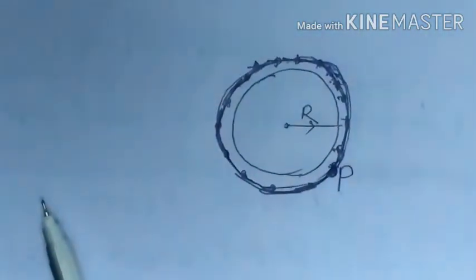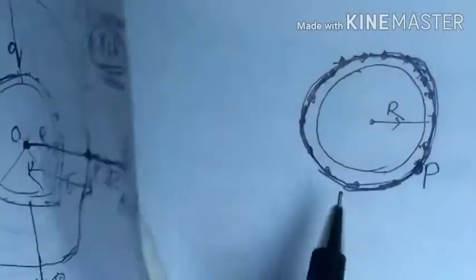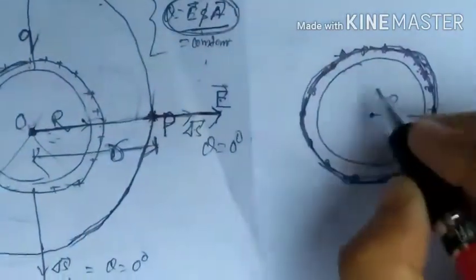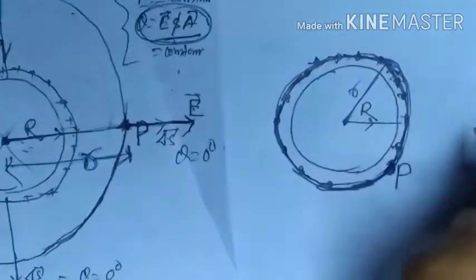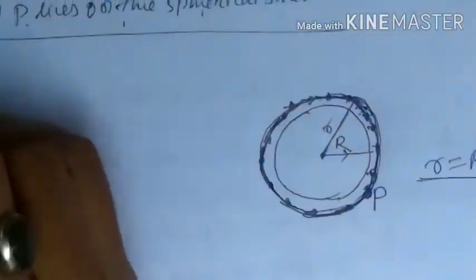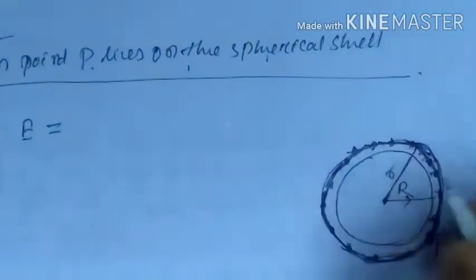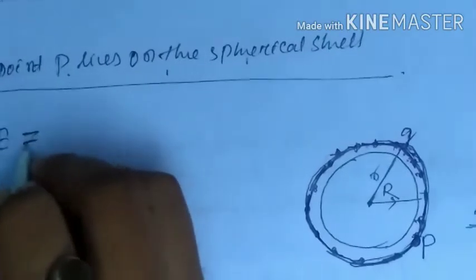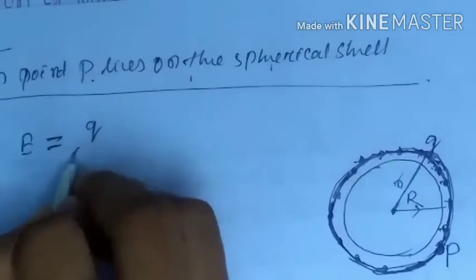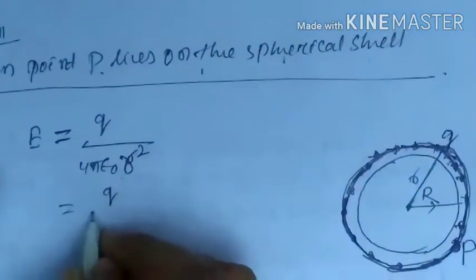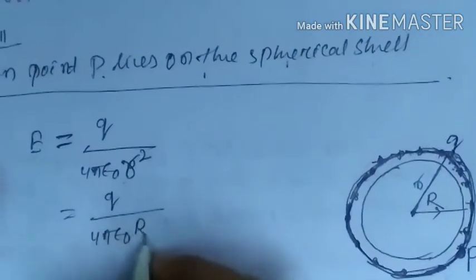In the previous case, our radius is this, smaller r is this. Here smaller r is this. Or what can we write? Small r is equal to capital R for this case. So the expression of E is similar because this Gaussian surface also encloses the same charge Q. So what can we write for the electric field expression? The same, that is Q by 4 pi epsilon naught R square, where in place of r we substitute R.